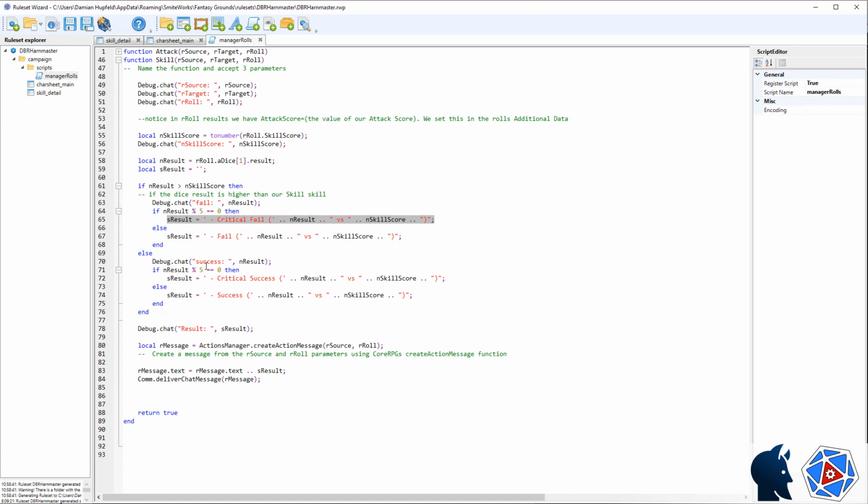And of course, if our roll was lower than our skill score, then we haven't had to specify lower than our skill score, because anything other than this result is going to execute this part of the script. So we have a success, and again we're testing the modulo. We're calling it a critical. If it's not a critical, we're just calling it a success. Another debug command,